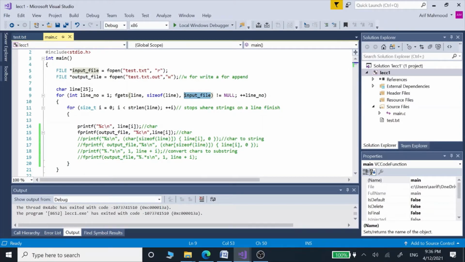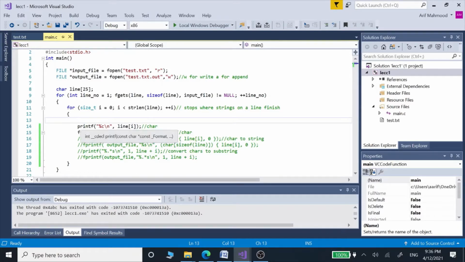After that, we have this second for loop. The first for loop is going to read out the contents, and it is going to get those contents as strings. But once we run this second for loop inside the first for loop, we are going to actually convert those strings into characters.